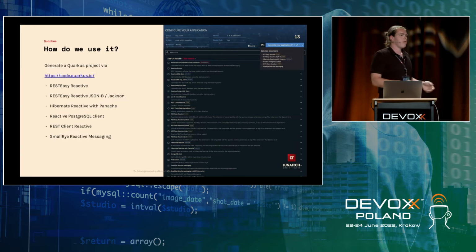So this was a bit of the theory behind it, the concepts behind it, in a quick overview. You can read more about that online as well. Quarkus actually has some great documentation on how the reactive engine works and how you can use it. And of course, we want to see some actual code, so we'll be doing some live coding today as well. We can go to the website and generate ourselves a brand new project.